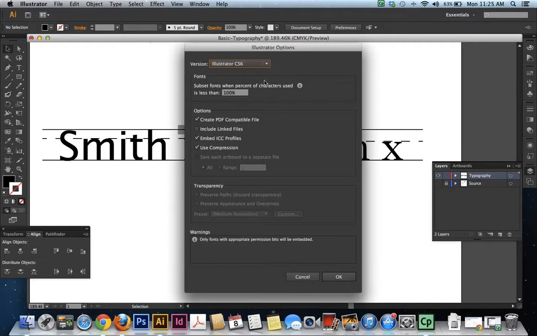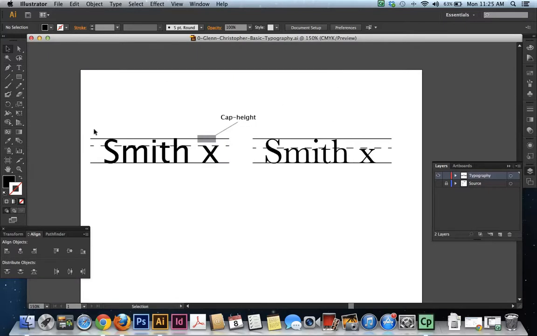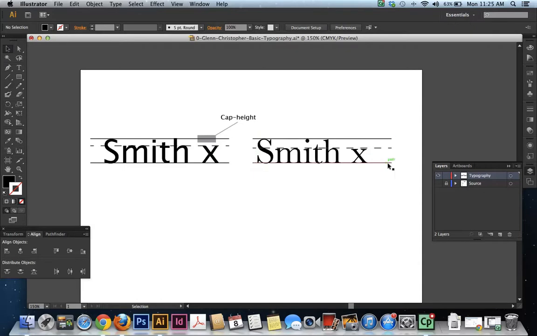You can choose what version of Illustrator. This is the latest version, CS6. And all these other things at default is just fine. Hit OK. And so now you're well on your way to getting your first things labeled here in the first project. So I'm going to take this second name here and just give me some space on this side,